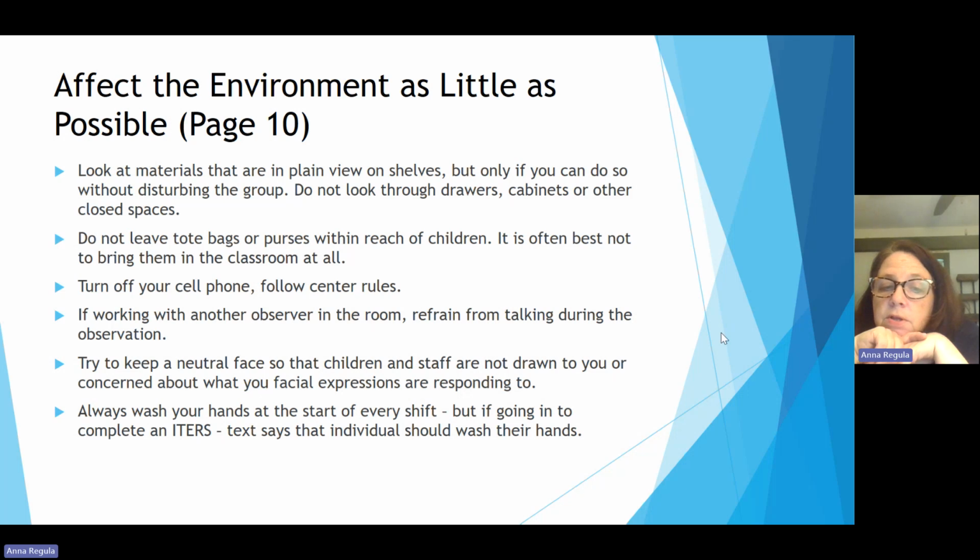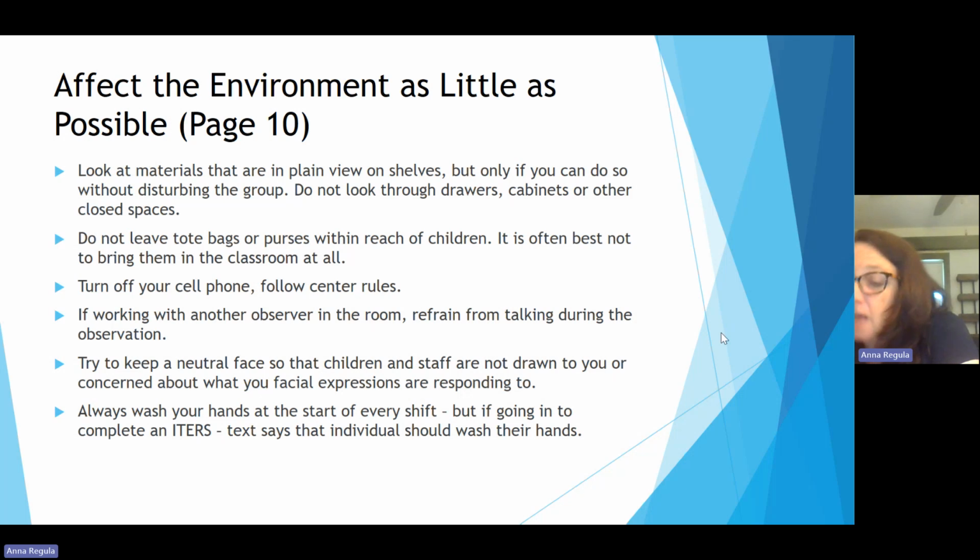If you're working with another observer, that's not the time to be having a conversation. And if you have follow-up questions, try not to do that in a way that's interrupting the class. You can ask clarifying questions later, or only if it's not in a way that interrupts what they're doing. And then